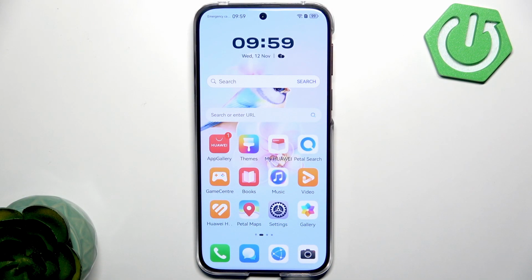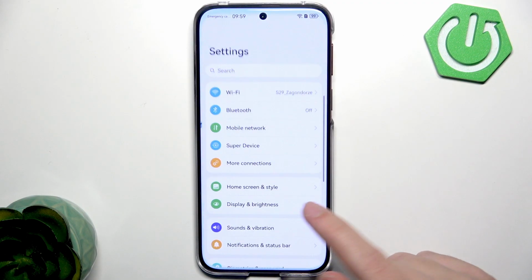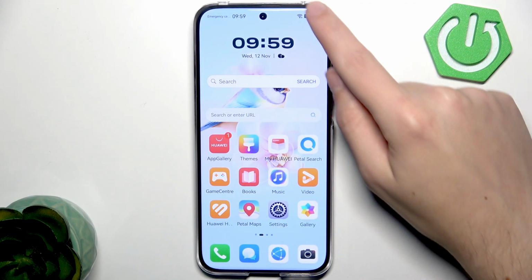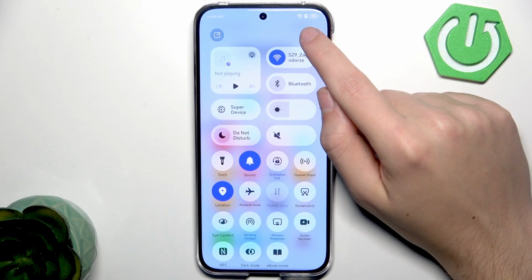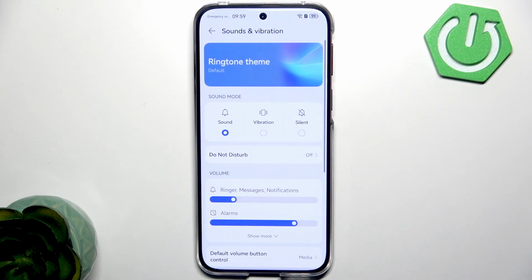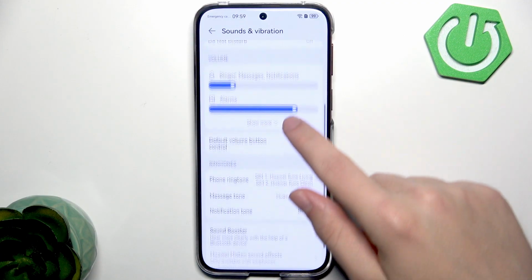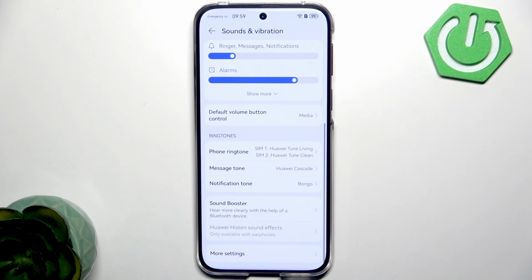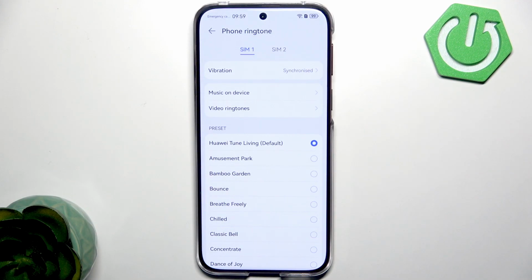So first, open settings through the shortcut here, or if you don't have the shortcut, scroll down to open settings through this little button. In settings, open the sounds and vibration section right here. Scroll down to the phone ringtone. Click on the phone ringtone, and in here click on music and device to set a